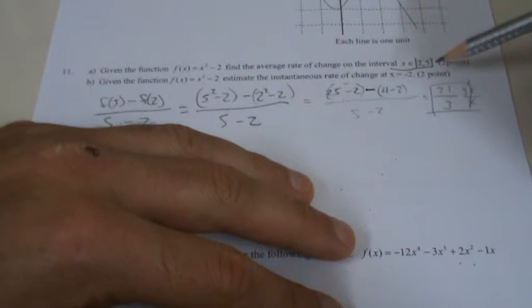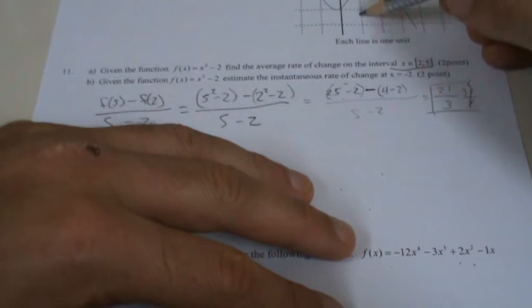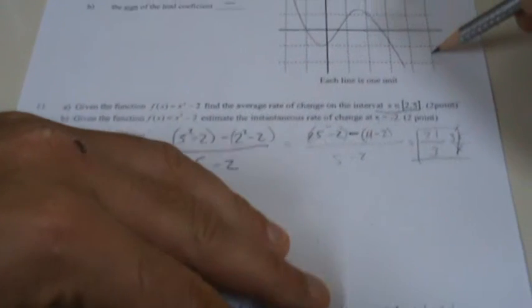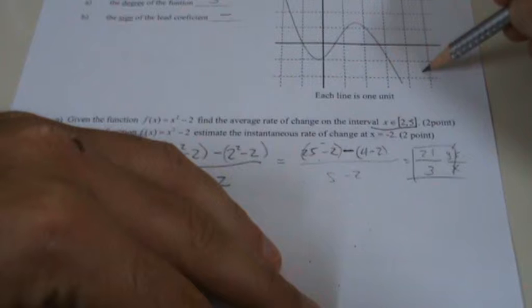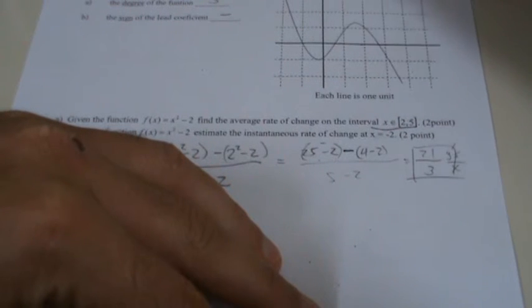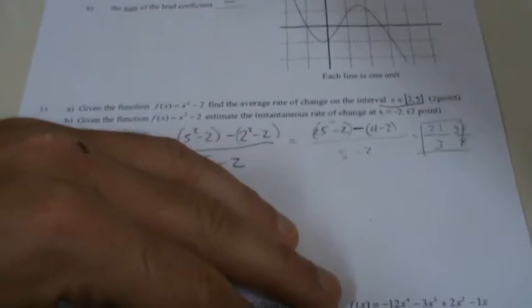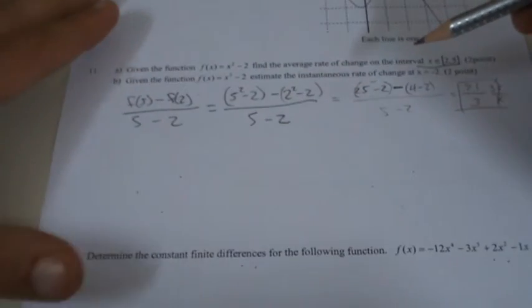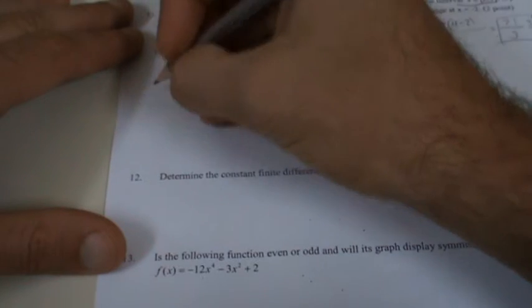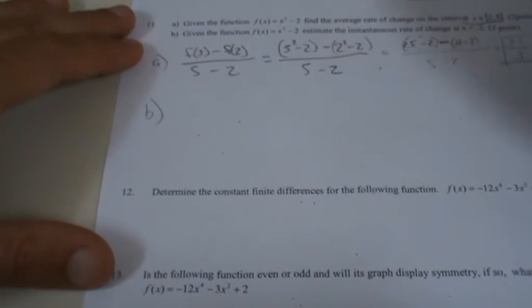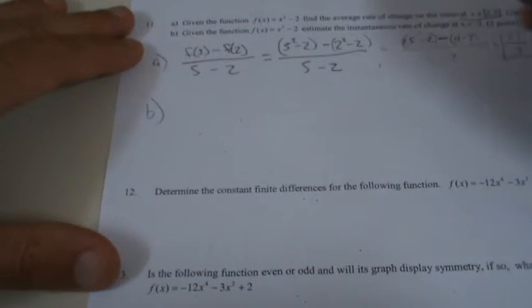So what I'm saying is over the x interval from 2 to 5, using this as a model from 2 to 5, my average rate of change is 21 y's per every x. That's part A. Part B is essentially the same thing, but remembering to do the instantaneous rate of change,